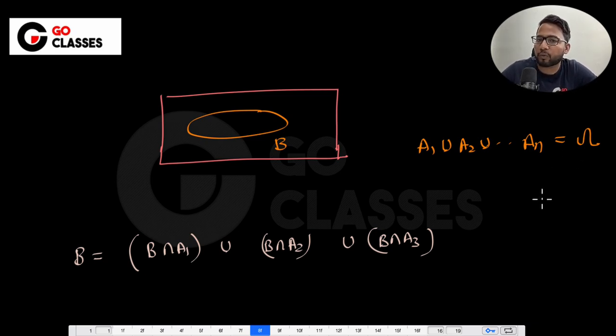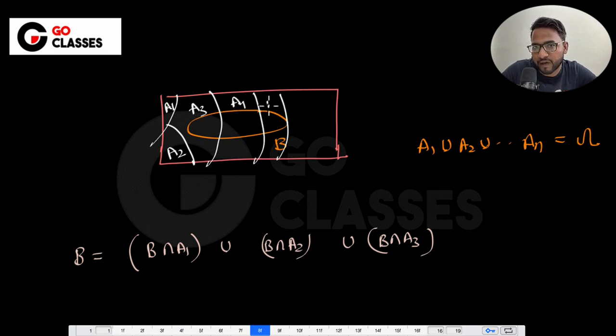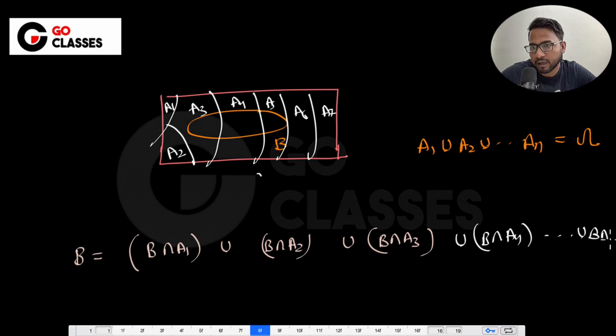You don't have to worry about anything, which means this B will already be covered. Let's suppose this is A1, which means there is no intersection between A1 and B. Let's not worry about it. This is A2. But since all of these events A1 to AN cover this sample space, they must be covering B somewhere, right? So let's suppose this is A3, this is A4, this is A5, this is A6, which has nothing in common, and this is A7. Now, can you write B intersection A1 union B intersection A2 union B intersection A3 union B intersection A4, like that, till union B intersection A7? Just let me know, what do you think?